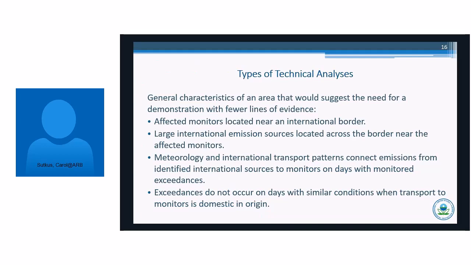The meteorology and international transport patterns that connect emissions on days identified as internationally influenced would be clearly represented. And then exceedances that are influenced by local sources would not occur under the same meteorological conditions.